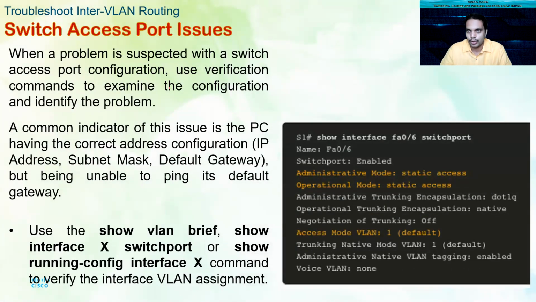Next one is access port issues. Once you assign a port to switch port mode access, and if you do not properly assign the particular port to which the devices on the VLAN are connected, you will get an issue once again. Now, if you are unable to ping the default gateway, please make sure you type in show interface for that particular switch port. You can see which mode it is in, whether it is in access mode or not, and whether the encapsulation is set or not. Sometimes the access mode VLAN 1 is set as default. Native VLAN tagging, all these things can be shown here. You can actually do your troubleshooting by checking these commands.